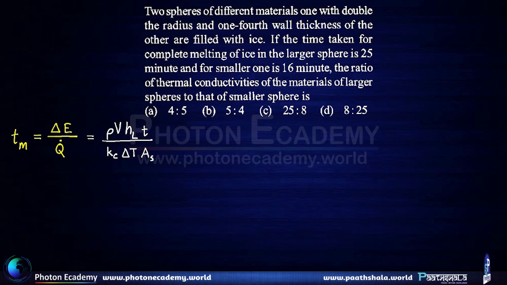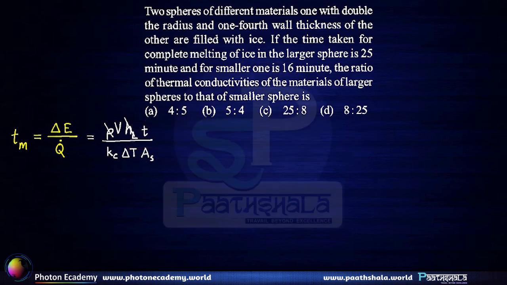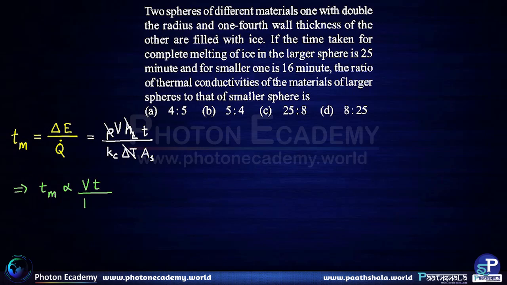Some of these terms are constant in our case, for example density and the latent heat of melting, and the temperature difference can be assumed to be constant because nothing is said about it. Therefore we have the time of melting is proportional to the volume into the surface thickness divided by thermal conductivity into surface area. Now we are given that